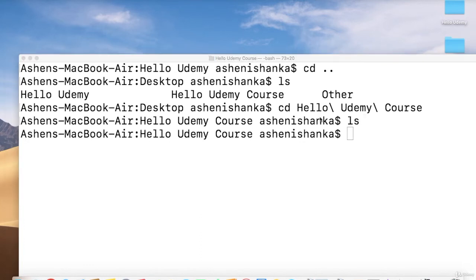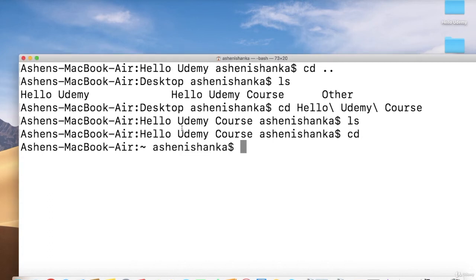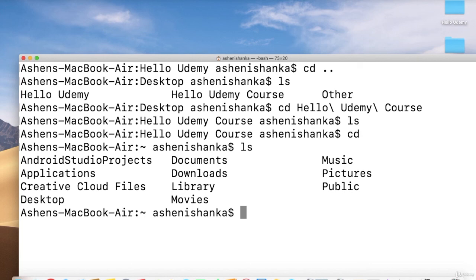Now I just want to navigate into the root directory. To do it, you can use a single cd. Now remember, this is our root directory. Let's look at ls. Yes,